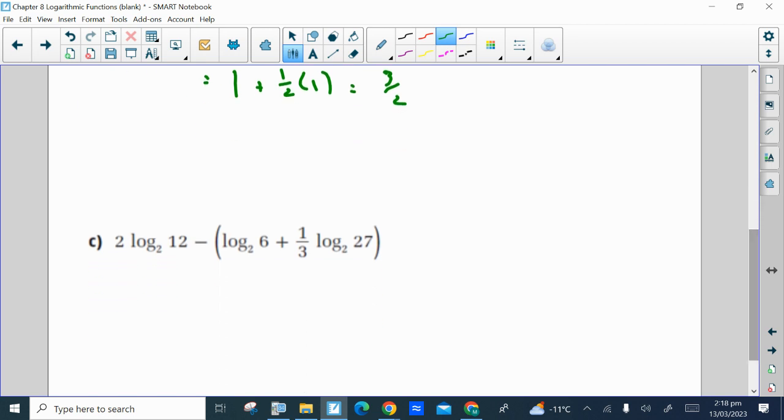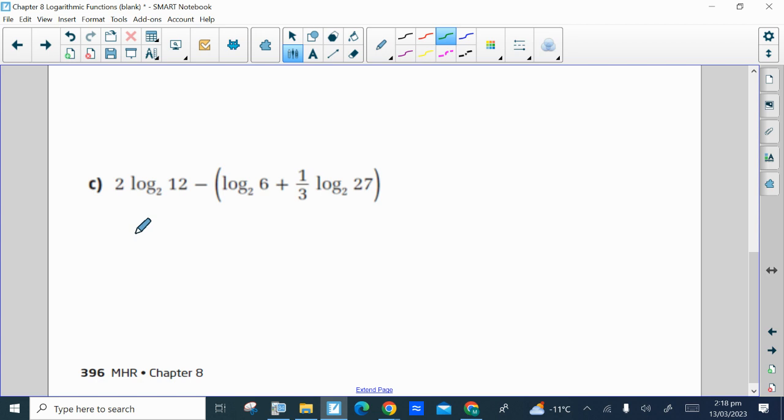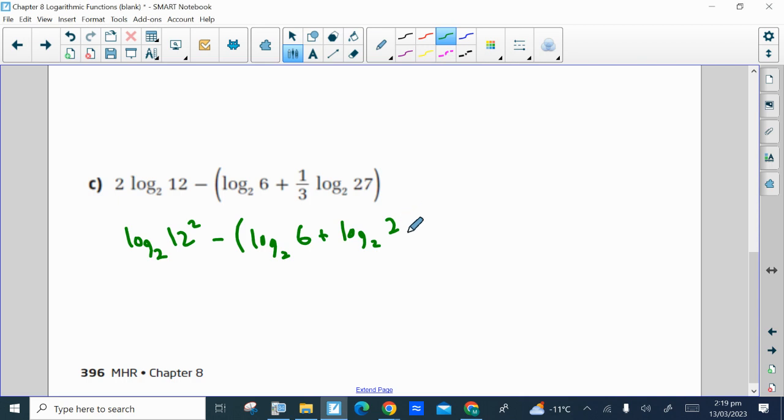Right, question C, we want to write that as a single log and then evaluate. So it'll be log base 2 of 12 squared minus, so inside the brackets here, it'll be log base 2 of 6 plus log base 2 of 27 to the power 1/3. The coefficient comes up as an exponent, just like I did for that first term. So that's going to give us log base 2 of 144 minus, I can still do some work inside the brackets here because